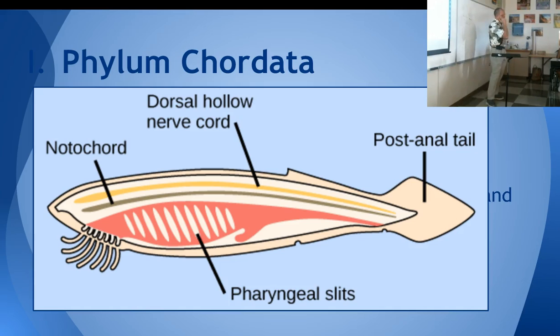You do too. It's just that your post-anal tail is so small that it doesn't stick out of your skin, right? You have a tailbone. You have a number of bones that go past the fusion of your back and your pelvis, and those couple of bones are your tailbone. And if they were longer, you would have a tail. But there are people born with tails. Yes, it's a very, very rare